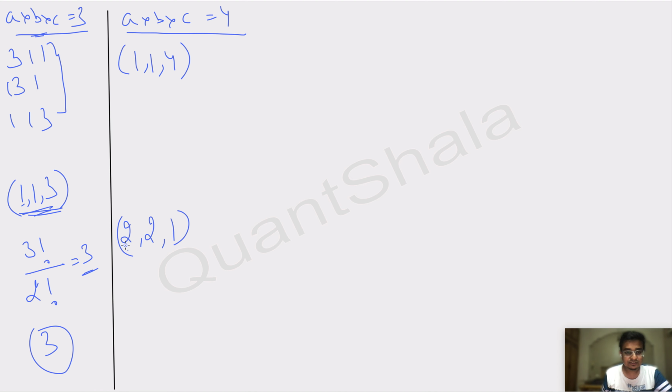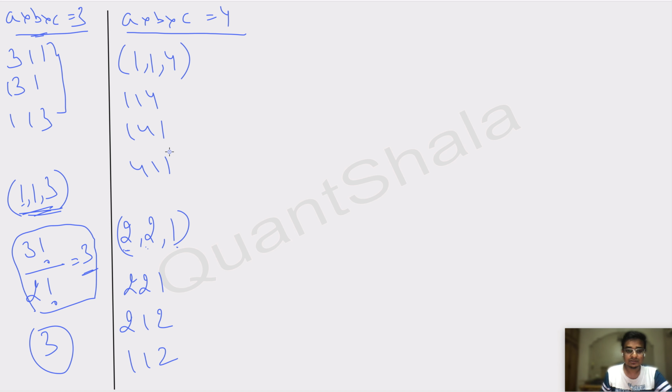Reiterating, this does not mean that A is 2, B is 2, and C is 1. This means that we have to pick A, B, and C from these three numbers in any order. It could mean the number is 221, it could mean the number is 212, or it could mean the number is 122. Similar to as we did here, we made the cases manually. We could have again used permutation combination, the same exact formula, to get 3 here. For 1, 1, 4, again we have to make similar cases. If we make cases manually, we get these three numbers. Again, here there are three possibilities. Similarly, we could have used permutation combinations. So in this case, the answer is 6.